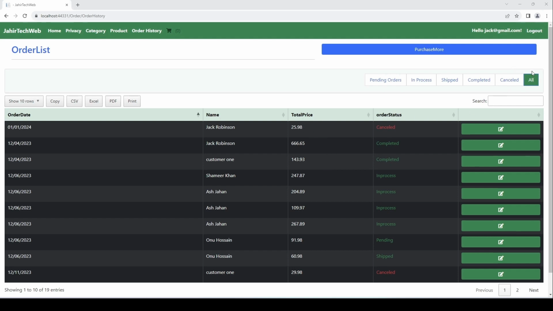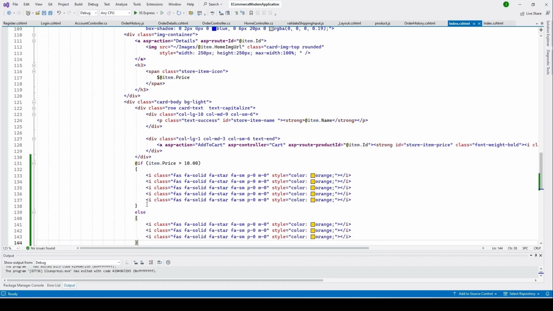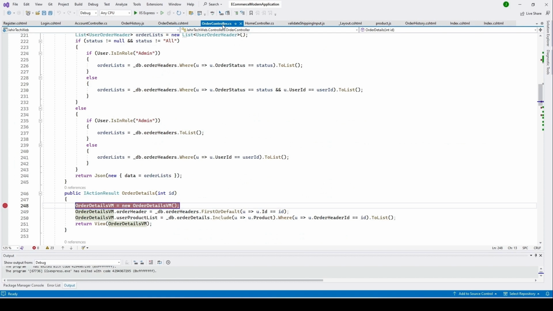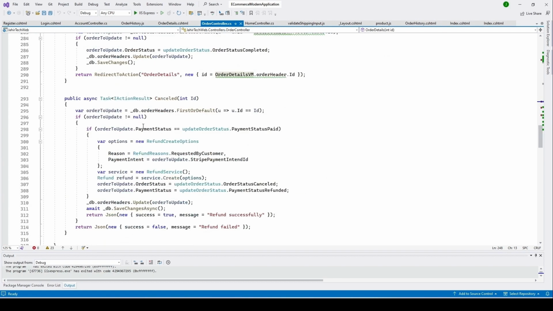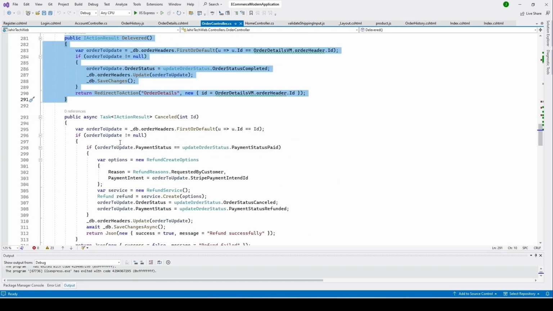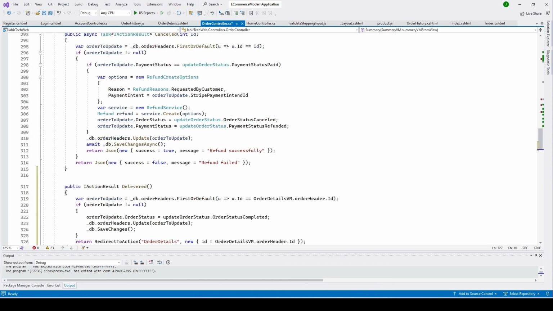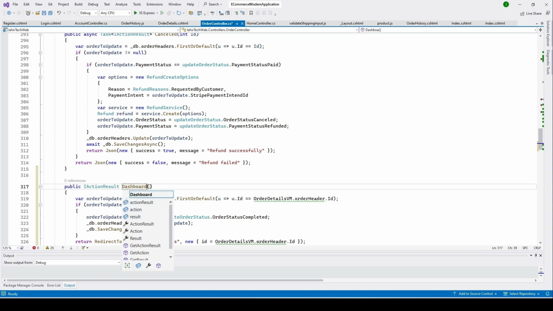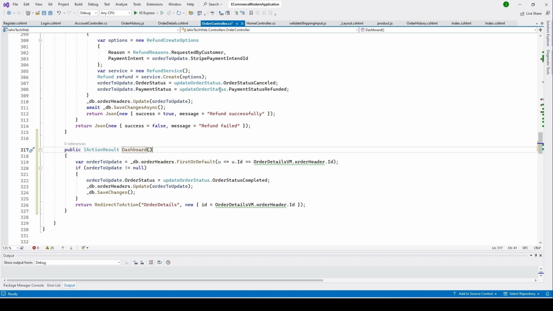So let's go ahead and start here. I'll go to the order controller. Here is our order controller, and here I'll create a function named dashboard. Let's copy and paste this, change this to dashboard. Okay, and then what I'm going to do, I'll go ahead and get all the data for the last 60 days, and then we'll go ahead and select